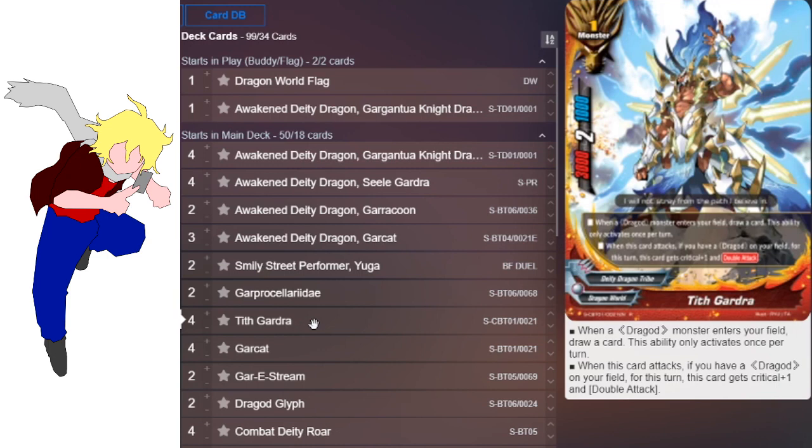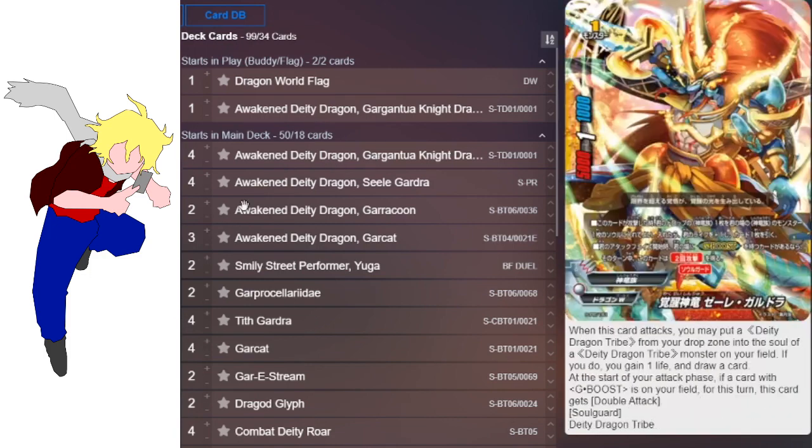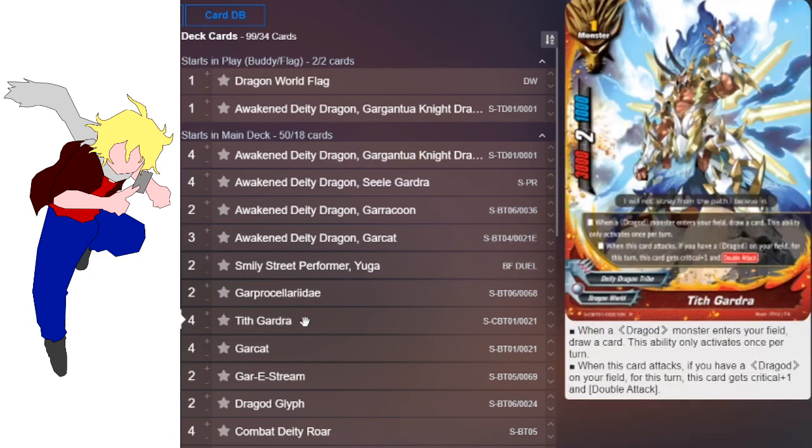And then I found Gargantua to be kind of an interesting inclusion because ideally, you're going to want to play him before you play Gargantua Night Dragon, so that way you could get an additional draw. And drawing in the main phase, I would say, is really, really important. On top of which, if you have a Dragon on your field, he'll give himself a crit boost and double attack, so that means in combination with Gargantua Night Dragon, he's going to be hitting for a lot of damage